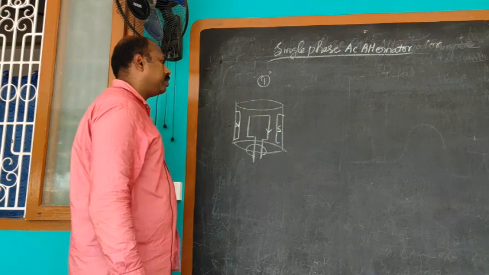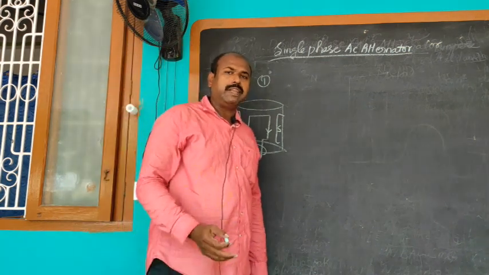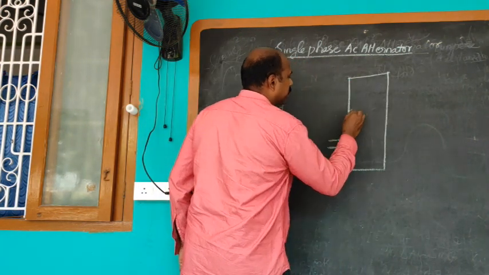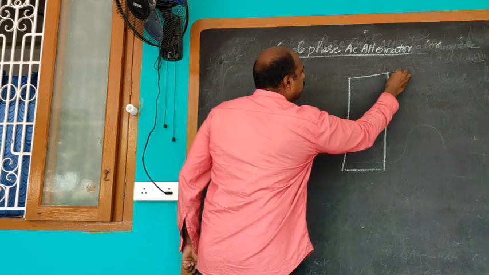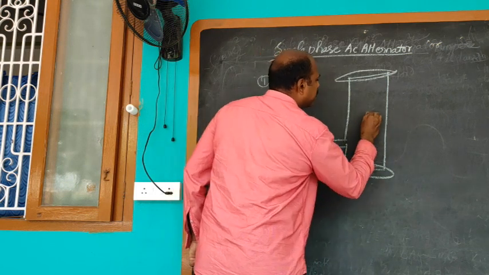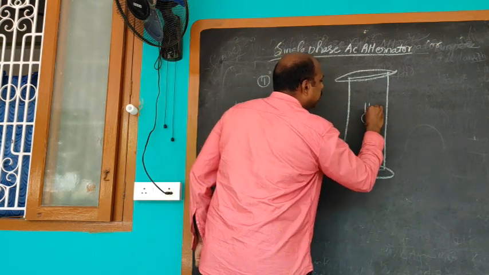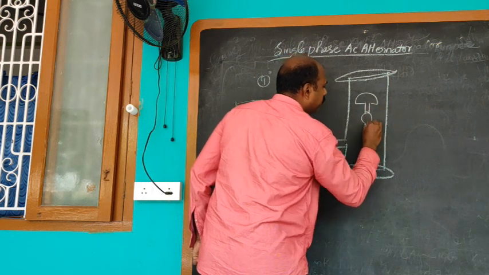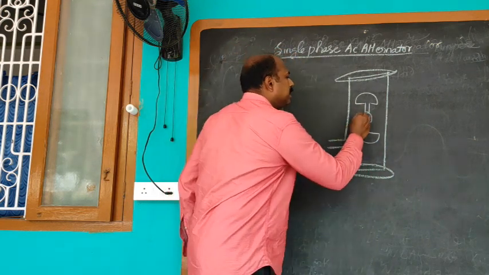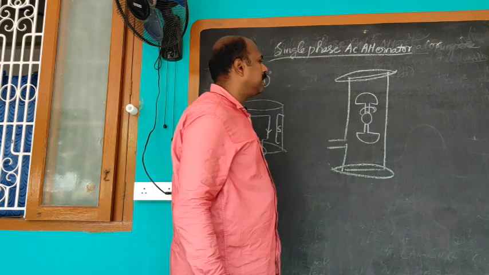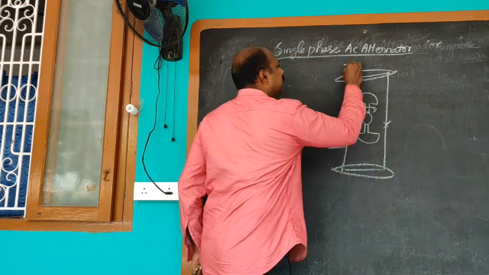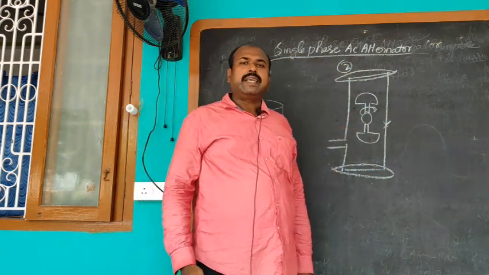So this is one way of mounting the armature coil and the field magnet. Another one is that we can mount the armature coil in the stator, and we can mount the field magnet in the rotor. By rotating this field magnet, what happens? A change in magnetic flux takes place, thereby EMF is induced in the circuit. Okay, this is the second way. Either way can be used.